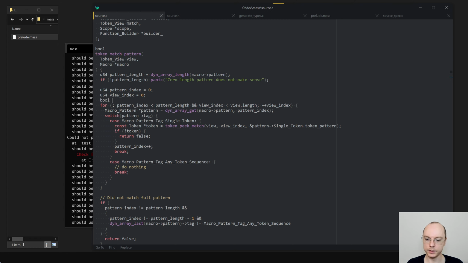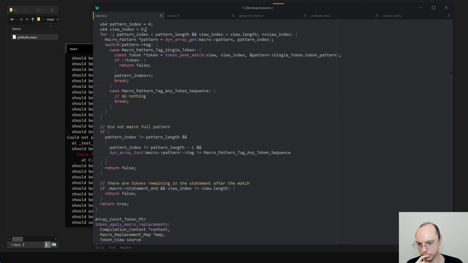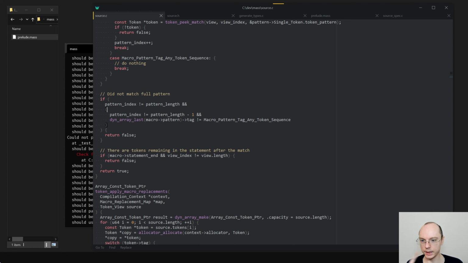Maybe I want to do it slightly differently. I want to say bool, no, this is fine. Okay, so we need to either match the full pattern, or we'll need to end at the last pattern that is a sequence, or is that not like this, right?